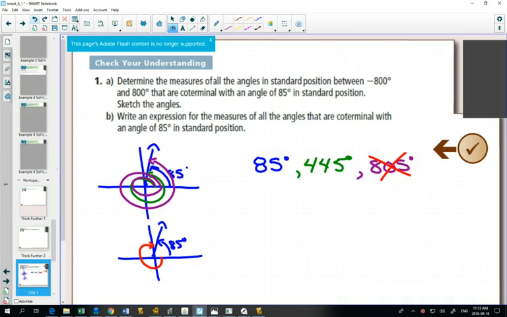Well, whenever we're figuring out coterminal angles, if I started at 85 and I went backwards one full time around the circle, does that make sense that this red angle would start at 85 and then subtract 360 from that? Doing that will give me a negative angle. It'll be negative